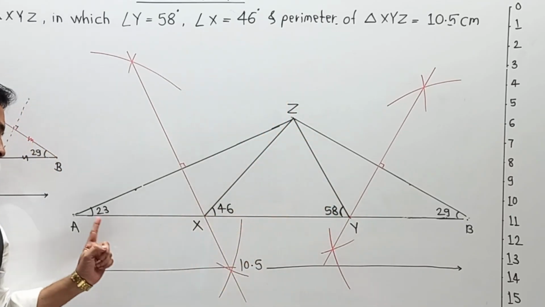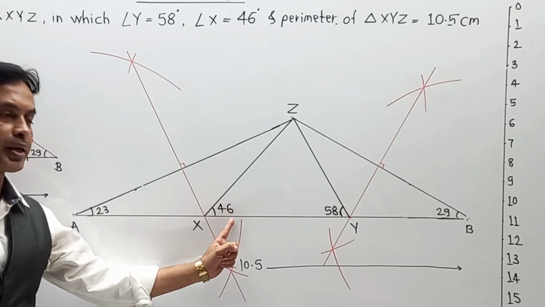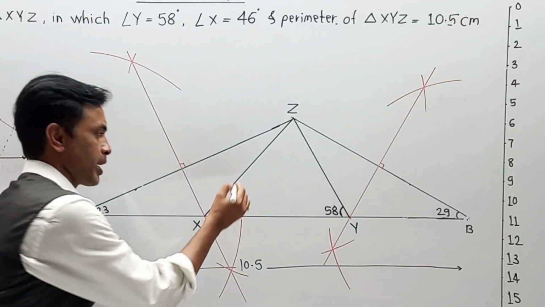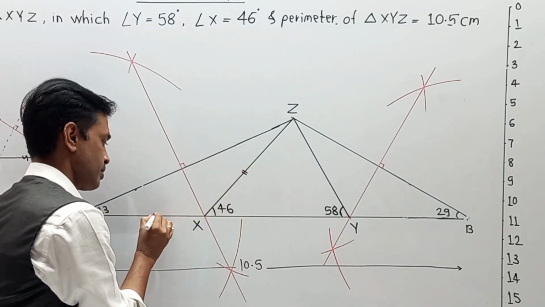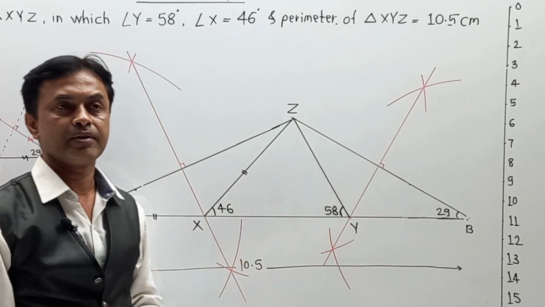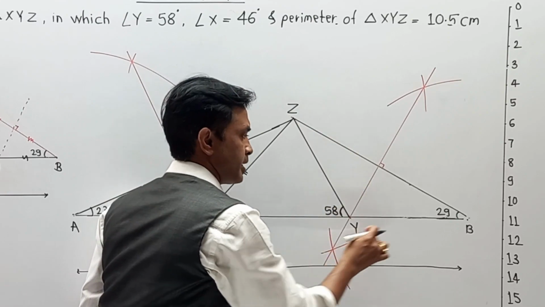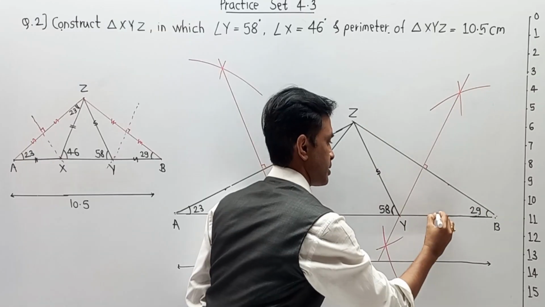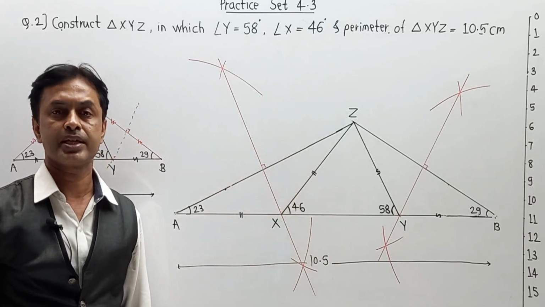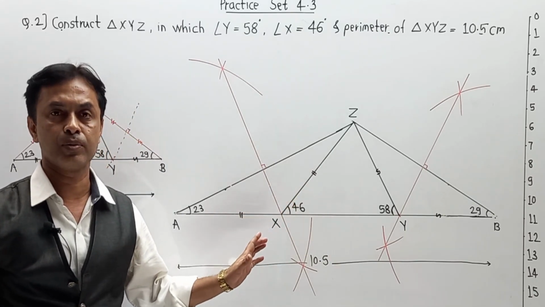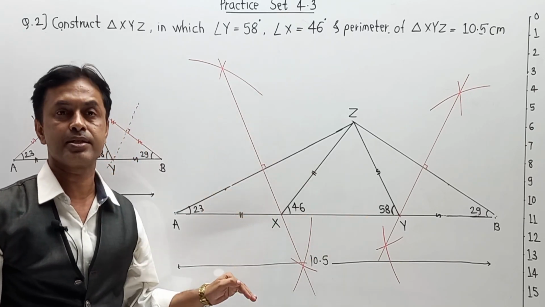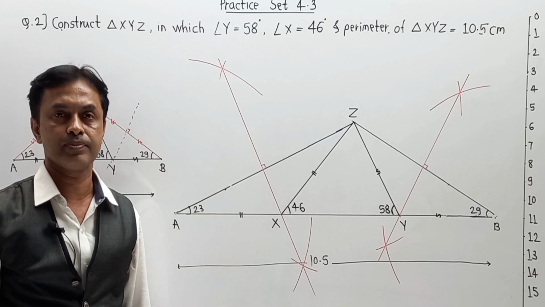Now student, please pay attention. This is a 23, so automatically it's double, 46. Why? Because your XZ is equal to XA by construction. In the same way, this is a 29 and this is double of that, 58. Why? The reason behind it is YZ is equal to YB. And in this way we can complete the main part. Student, please carefully observe and draw it in your notebook. And again this length is 10.5 centimeters, which is long. So take a proper size of your notebook so that you can draw the diagram.